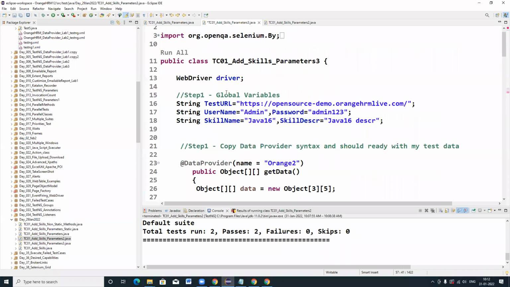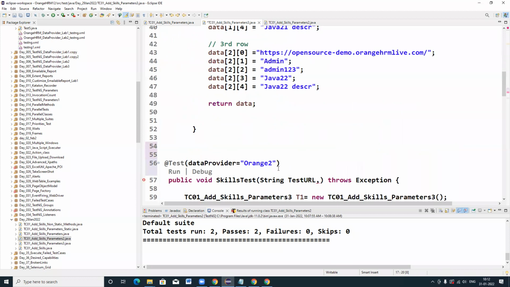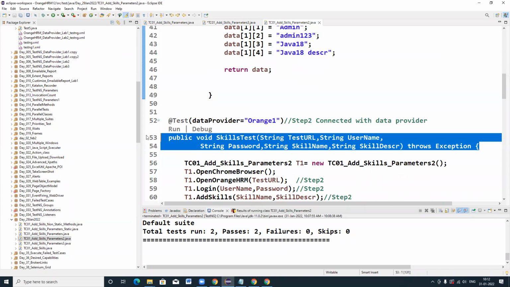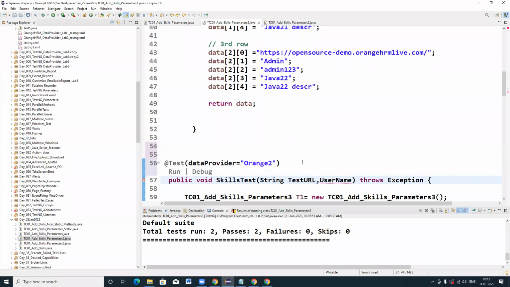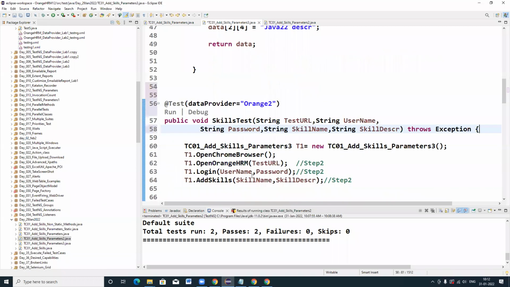String testURL, String username. One minute, the same thing, copying and pasting. So String testURL, String username, String password, comma, skillName and skillDescription.